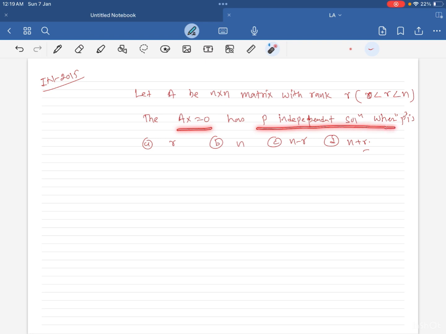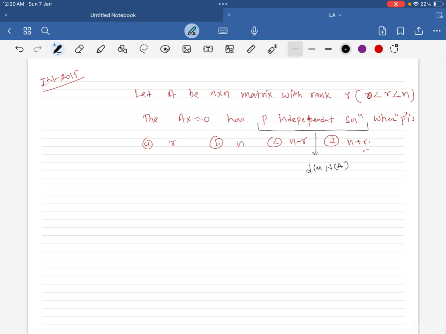So basically what we have been asked here is how many basis vectors are in the null space. AX = 0 has P independent solutions means how many basis vectors will be in the null space, or you can say the dimension of the null space. So indirectly, we have to find the dimension of this null space